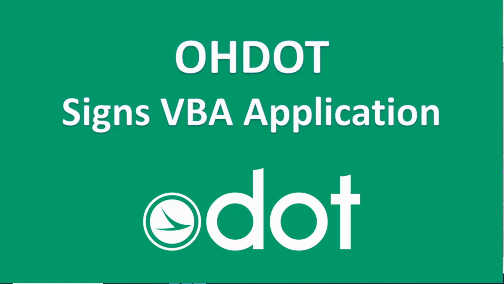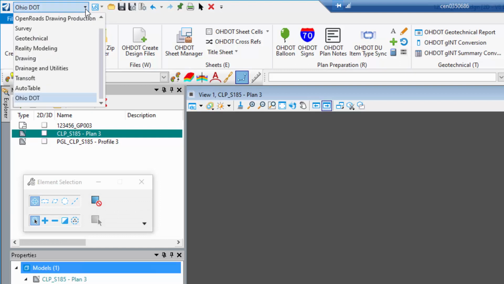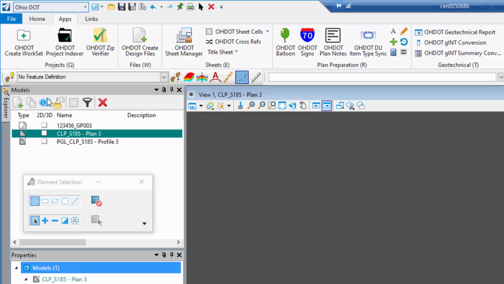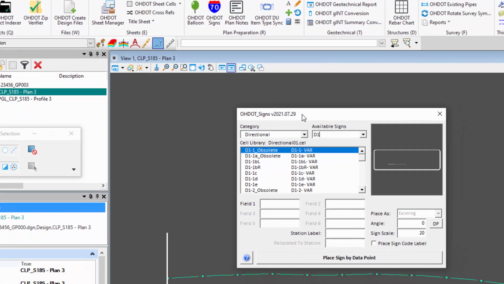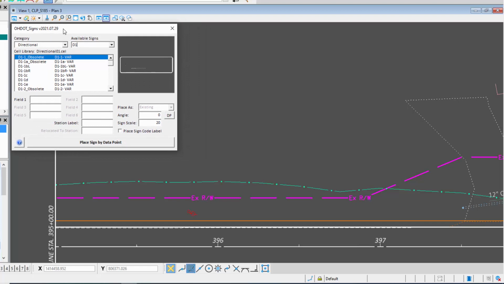In this video, I'm going to demonstrate the OHDOT Signs application. So in the top left, I have the OHDOT workflow selected, and the Apps tab in the Plan Preparation group will find the Signs application. The file I have open is a sheet design file that I clipped with OpenRoads, and I am in